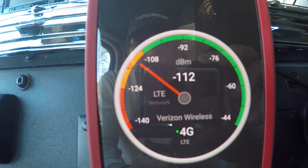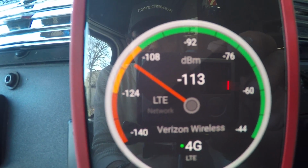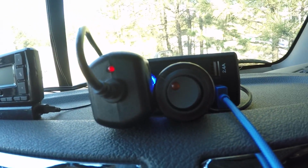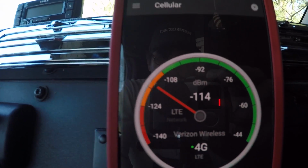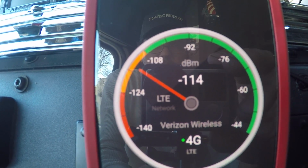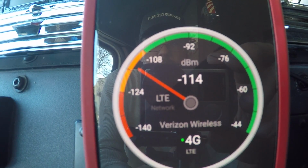I'm in a low signal situation here. We're down in the yellow. This is just a signal app I downloaded. You can see up there, we're kind of hard to see there, but one bar. The unit is off. There's my switch right there. We're looking at about minus 114 dBm, decibels,